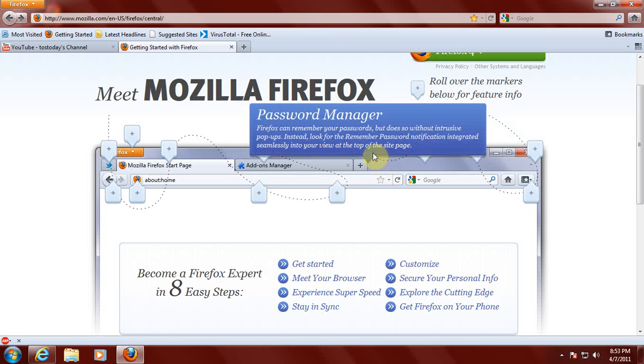Of course, you can customize the toolbar. Firefox can remember your passwords but does so without intrusive pop-ups. Instead, look for the remember password notification integrated seamlessly into your view at the top of the page. Alright, sounds reasonable enough. Let's scroll to the right,